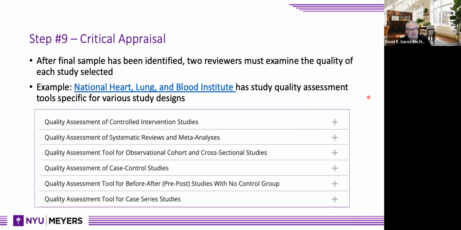So you're not done there. After that, you've already extracted the data, but now remember, just because something's published doesn't mean it's high quality. So after your sample has been identified, again, 2 reviewers must examine the quality of each study. So there are actually many tools out there that are validated for critical appraisal. One that we've used before is the National Heart, Lung, and Blood Institute tools here, and that's a hyperlink, so you could click that, and it'll take you to this little table here, and you just pick the different types of study that you want to